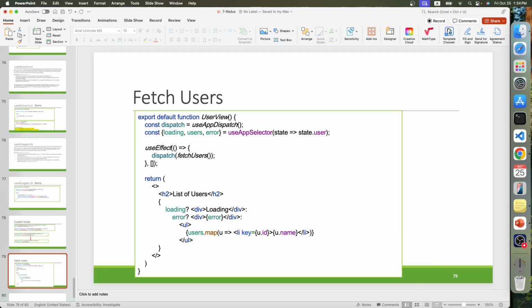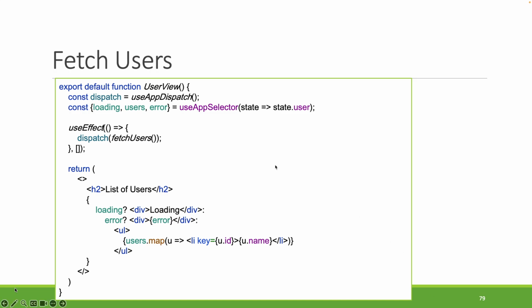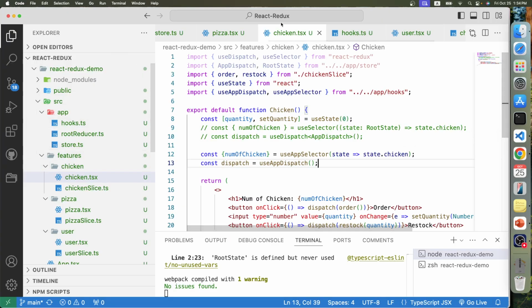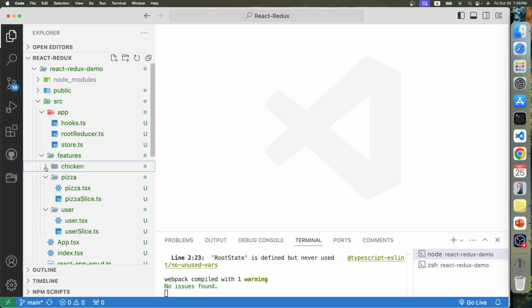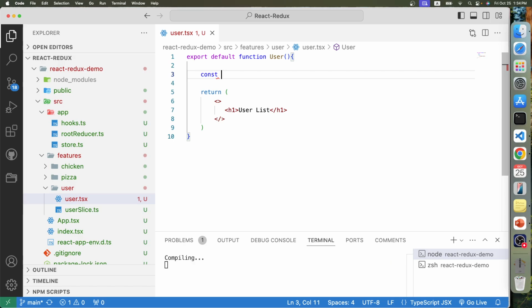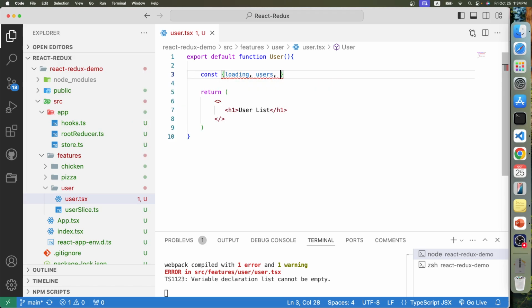What we are going to do with the fetch user, which is an asynchronous action, right? Same thing, okay? What I want is, when the page starts loading and then finishes loading, I should see either loading, or error, or a collection of users. That's what I want to see, okay? So here, we will do the same as we did before. Now, let me close all of them, and I'm only going to deal with user, this one, okay? So here, first thing, we have to get what? Const,